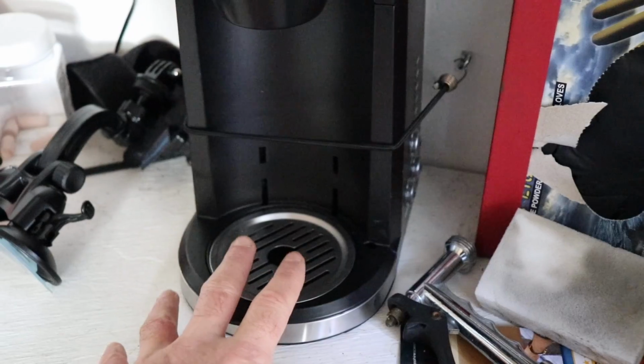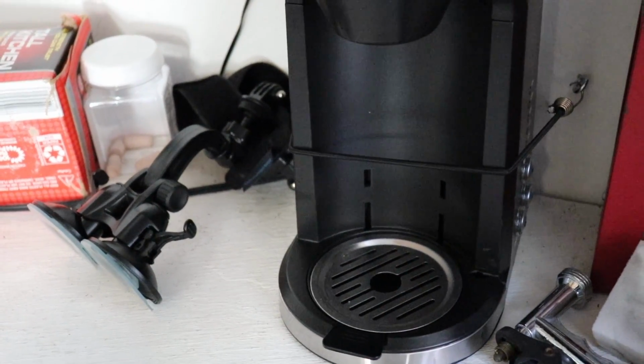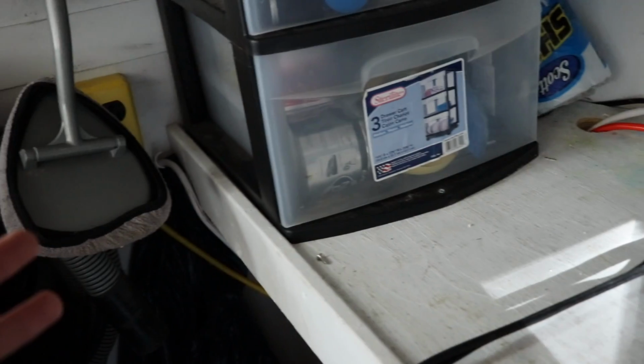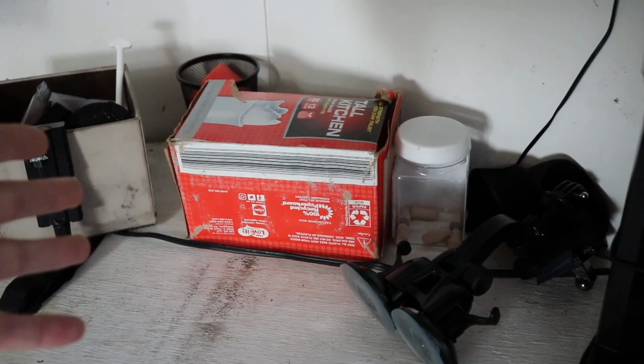It just makes things so much nicer and easier. Now I know some guys are going to say they don't have the luxury of doing that. They're in a truck or in a van that they just don't have that. I apologize, I'm sorry. I've only had this trailer for a year. Once I had the trailer, I rigged everything up like this, and I made sure to have a coffee pot in here. I even had a toaster in here, which I'll probably put back in here. But if you have a trailer, this is really...